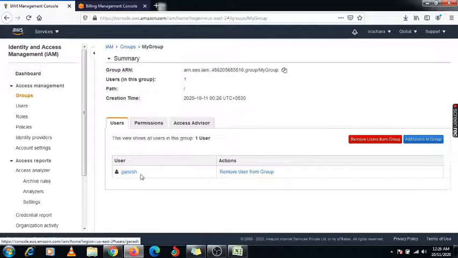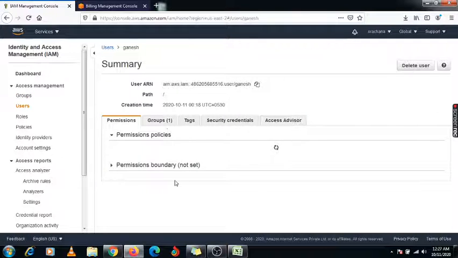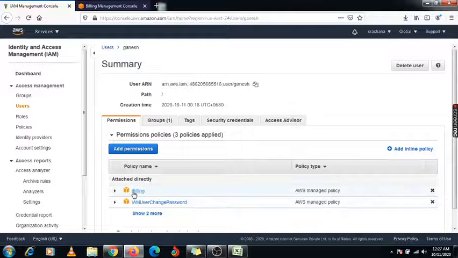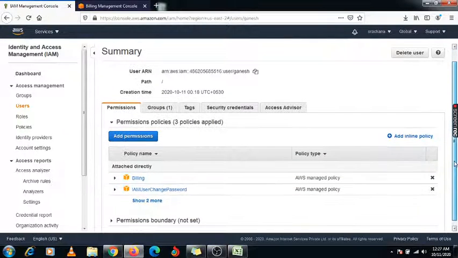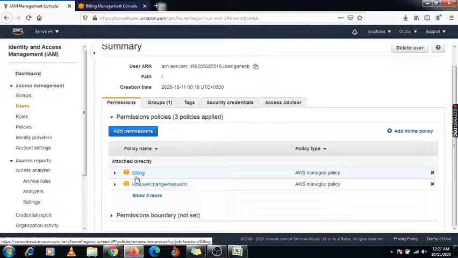Now this user is added, right? We have provided the EC2 full access permission to this particular group, so the group permissions will apply to this user also. Just click on it and check whether the permission is applied or not. Under this you will get this option: first, Attached Directly, which we provided to that particular user only.